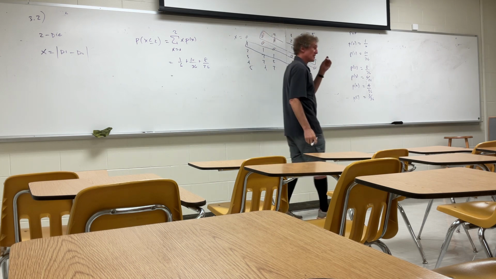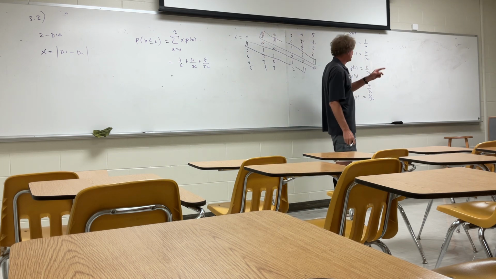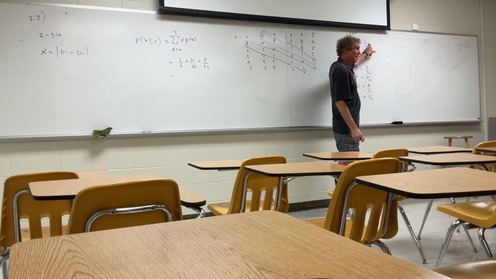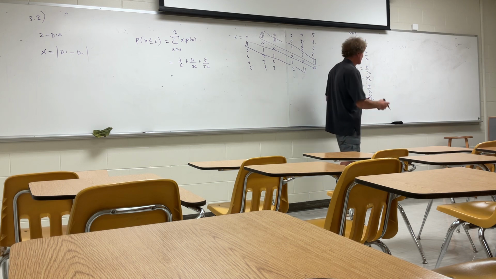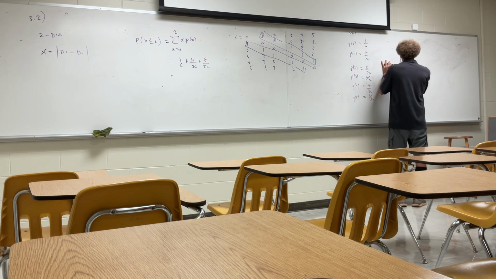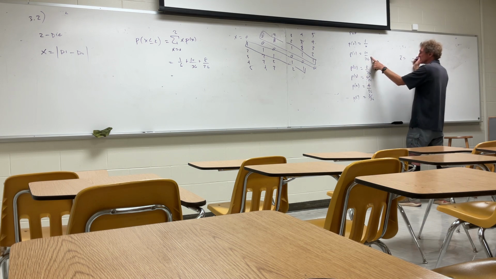For the mean value, you're going to take these density functions and multiply them by the values and add them together. So you're going to take 0 times 1/6, or 0, plus 1 times 10/36, right? I can write this down. The mean value is going to be 0, then 10/36, because it's 1,